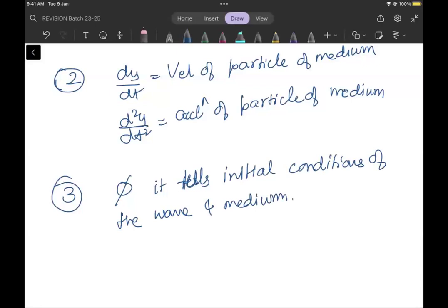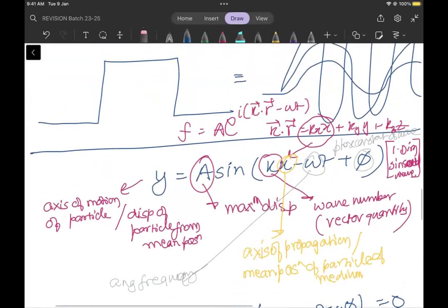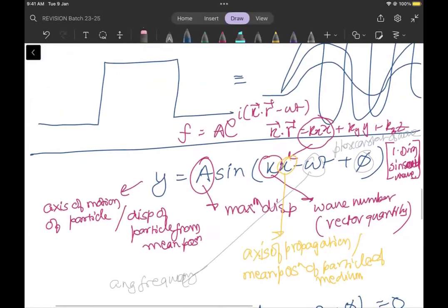Right? So what do I mean by this? तो ये जो इक्वेशन है y is equal to a sin kx minus omega t plus phi, या जो नॉर्मल जो हमारा वेव इक्वेशन है y is equal to f of x plus minus bt, ये जो वेव इक्वेशन है